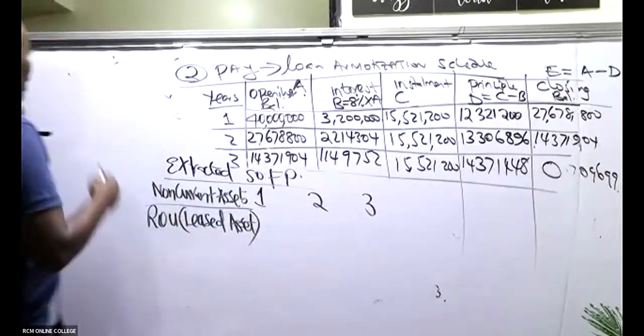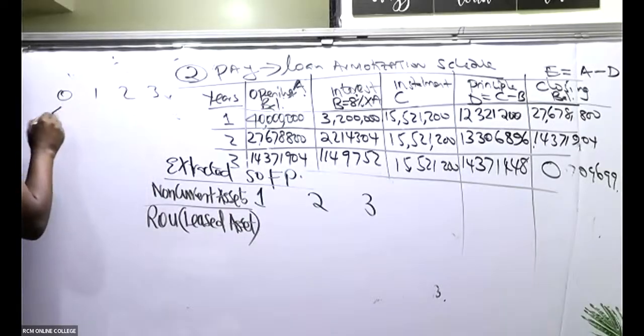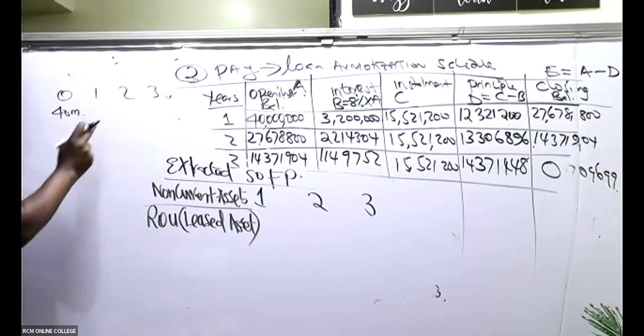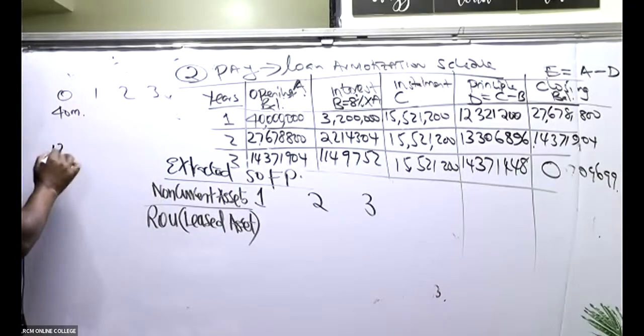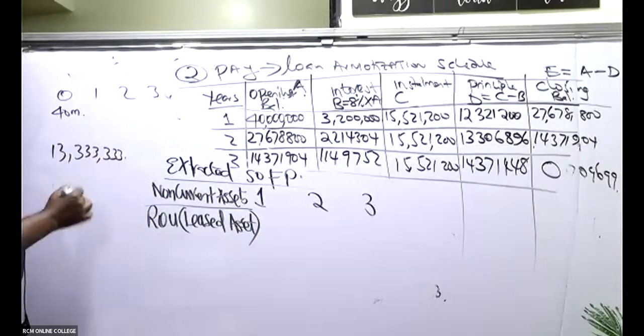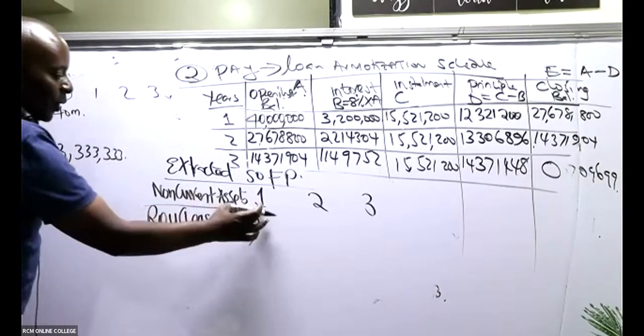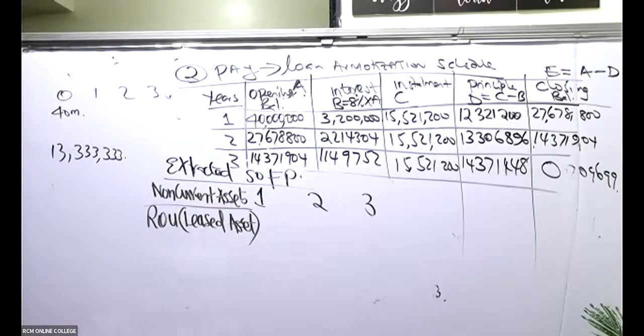So remember, at time 0, 1, 2, 3, at time 0 we began with 40 million. But each year we are losing that 13 something. Was it 13,333,000 each year? So by the end of year 1, what will be the value of our asset? Because we're looking at the end of the years. Remember, this is today 40 million. So by the end of the year 1,